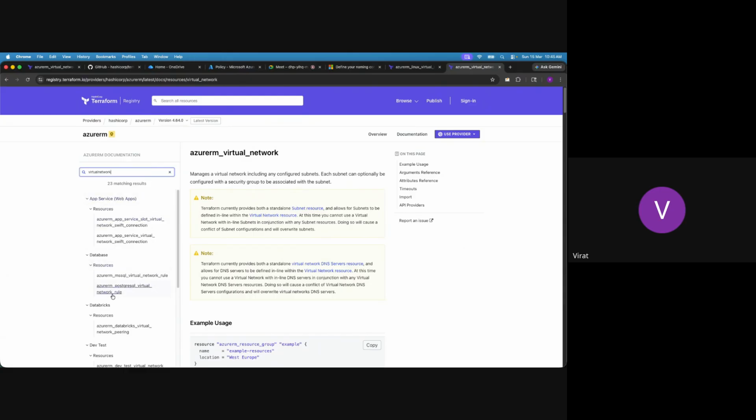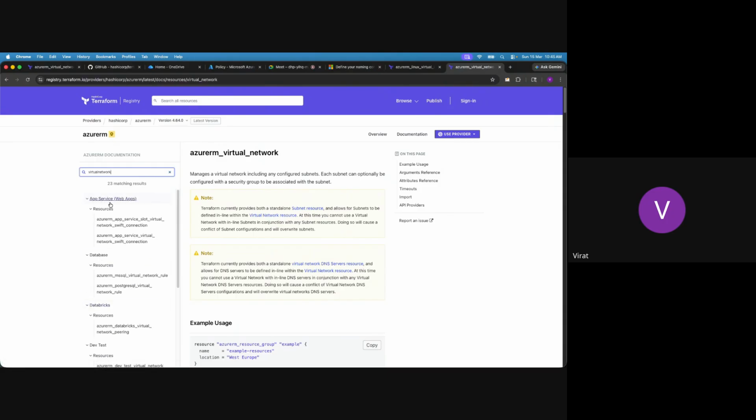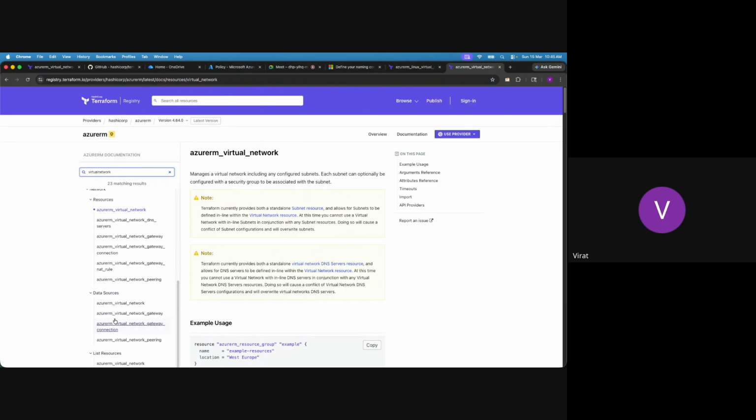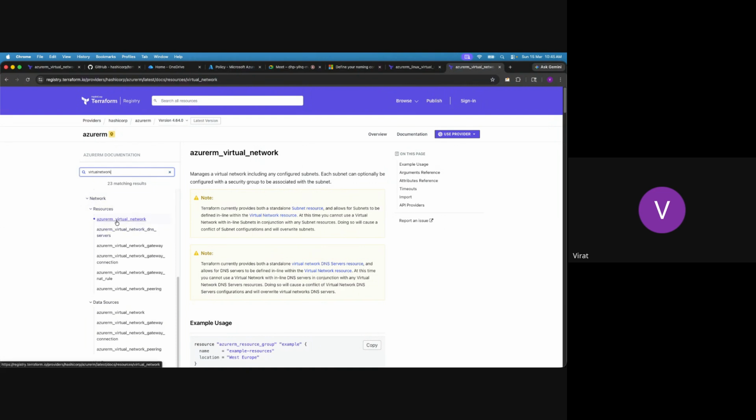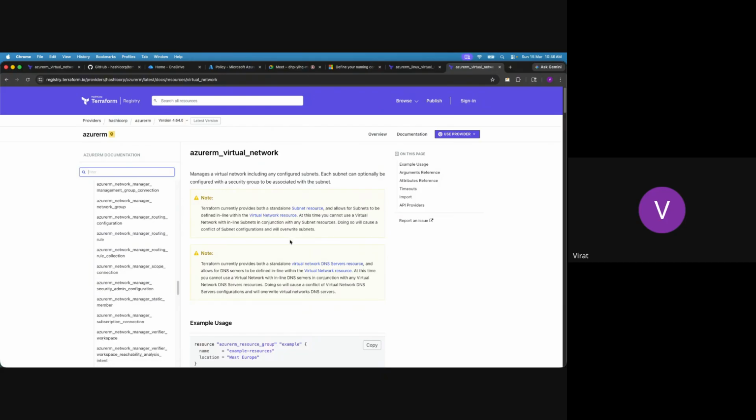So you will see different modules like app service or database where a virtual network is being used, or Databricks. Then we are creating the Azure virtual network. So we'll go to the networking one, and you can see it over there. You can find it over here as well. Once you come to the virtual network,